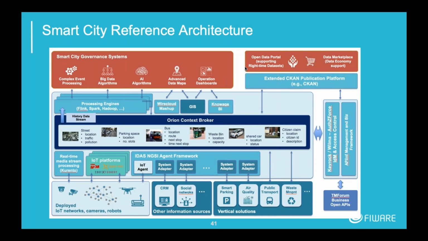Within smart cities, again, it's the same architecture. You've got the Orion context broker in the middle, you've got your devices at the bottom, you've got your IoT agent in the middle, and you've got your governance system at the top. Obviously, it's either at the top, where you've got the processing stuff, or right at the bottom, where you are able to supply your unique intellectual property. So that's where companies are able to make money out of this system.